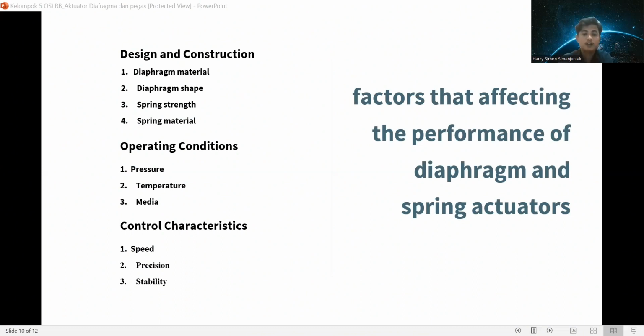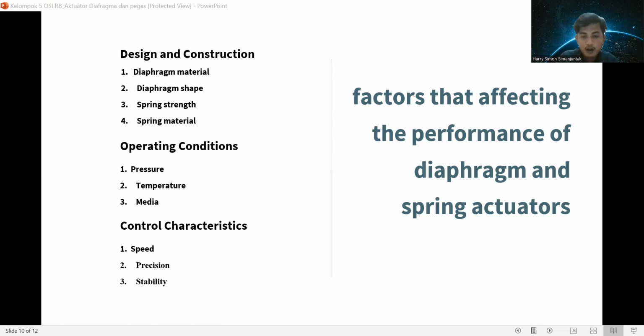Number three, control characteristic. Speed. The speed of diaphragm and spring actuators can be limited by the mass of the diaphragm, the strength of the spring, and internal friction. Precision.